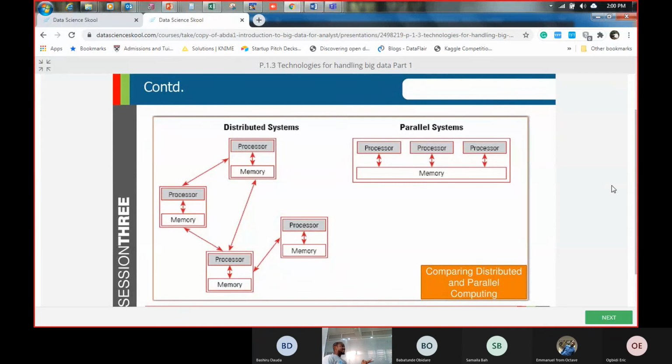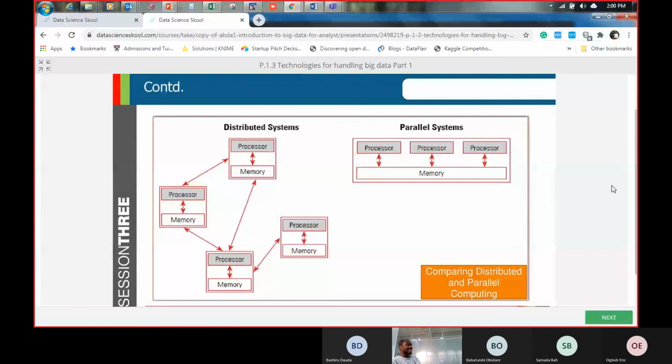So 3 things we try to manage: memory, disk, and the processor speed. That is why when you go to buy a computer, you ask what is the RAM size? What is the processor speed, is it 1.7 gigahertz or 2.4 gigahertz? And the third one is what is the disk size, is it 1 terabyte or 2 terabyte? Those are the 3 problems we try to solve at any particular point in time.